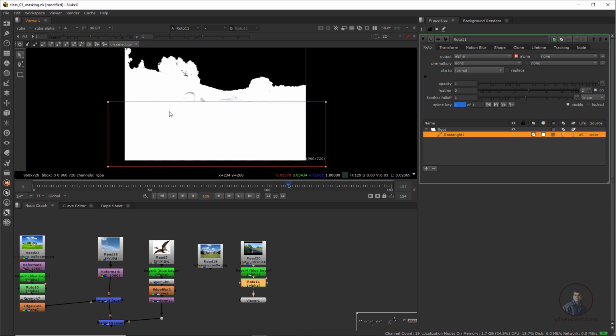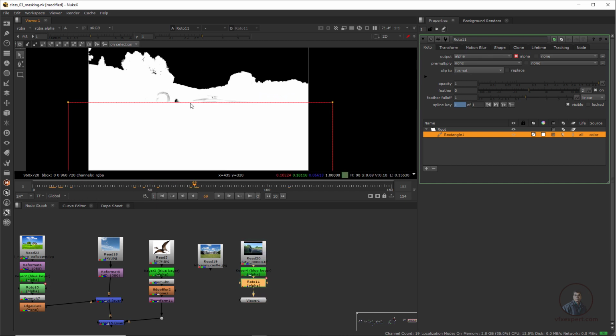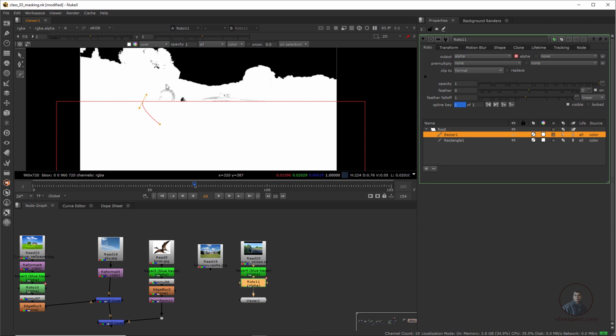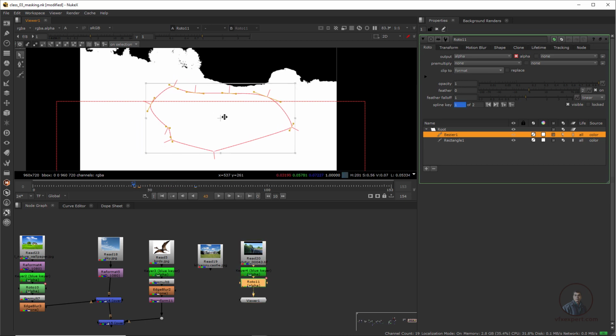According to your footage, you can also use multiple shapes, and create your perfect black and white matte here. Because this area is a little far away from our edges, we can easily use this rectangle. And for this part, I am going to create another shape. Again select the Bezier and create it, because we have to animate this shape. So create multiple shapes, then select these shapes, move the CTI and animate according to requirement.